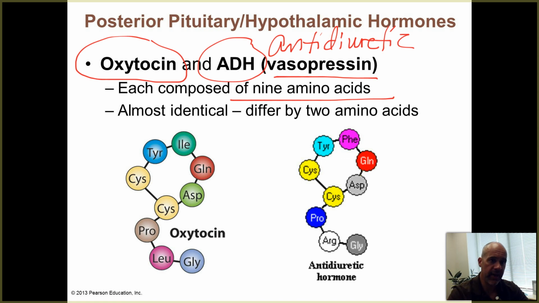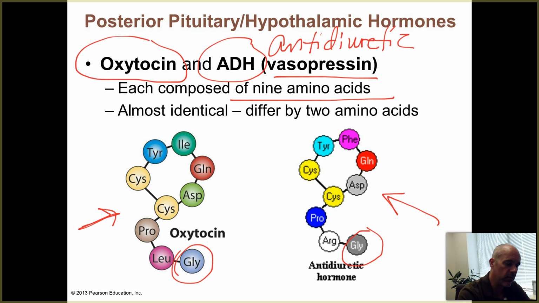There are 20 different kinds of amino acids that our cells use to make peptides and proteins by linking those amino acids together in chains. All of those amino acids have three-letter designations. And if you look closely here, this is a representation of what oxytocin looks like, and this fuzzier picture over here is a representation of what antidiuretic hormone, or ADH, looks like. If you look closely at those three-letter abbreviations, these two hormones are chemically almost identical. The only place they differ is right here